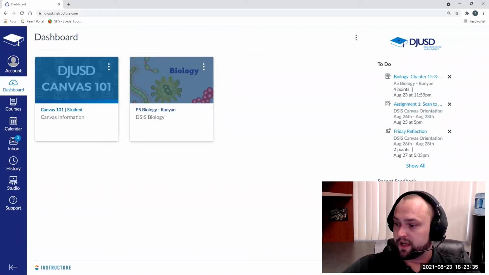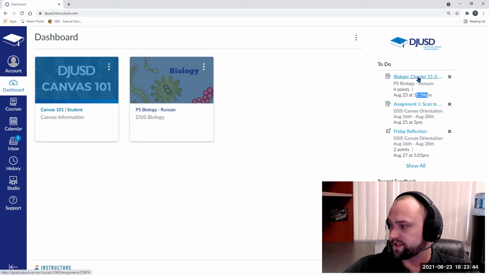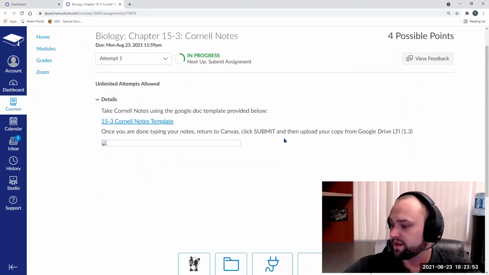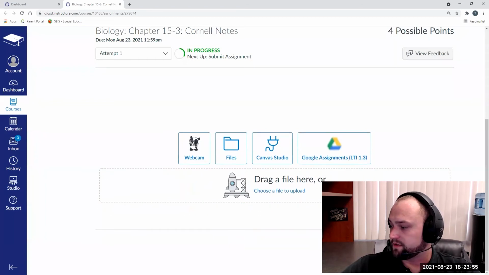So again, this is a Canvas dashboard. You'll see that I currently have an assignment that's due tonight at 11:59. It's biology chapter 15 here. If I were to click on it and open it up, it would open directly into the assignment. So all I have to do is read what the assignment is, figure out how I'm going to turn it in,